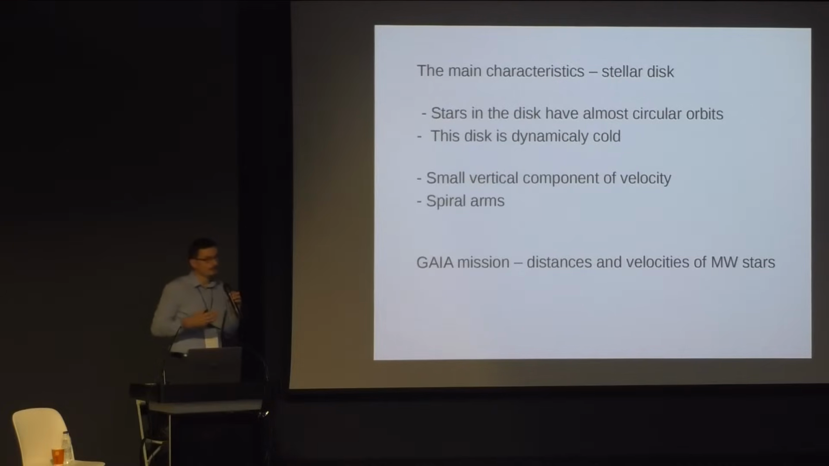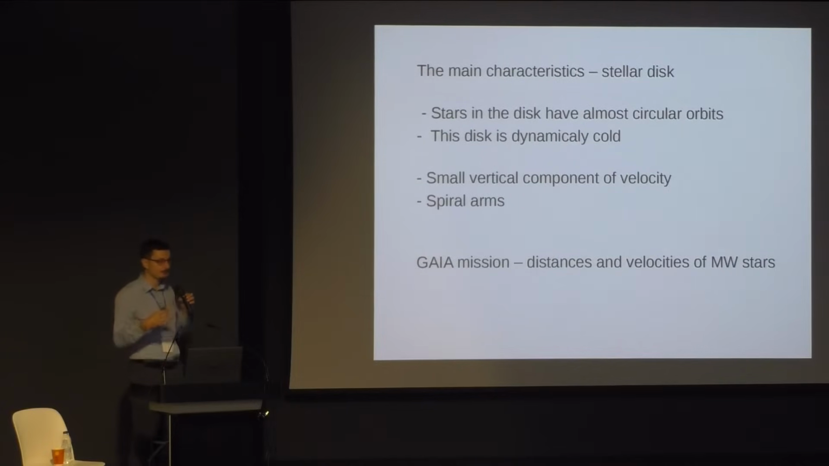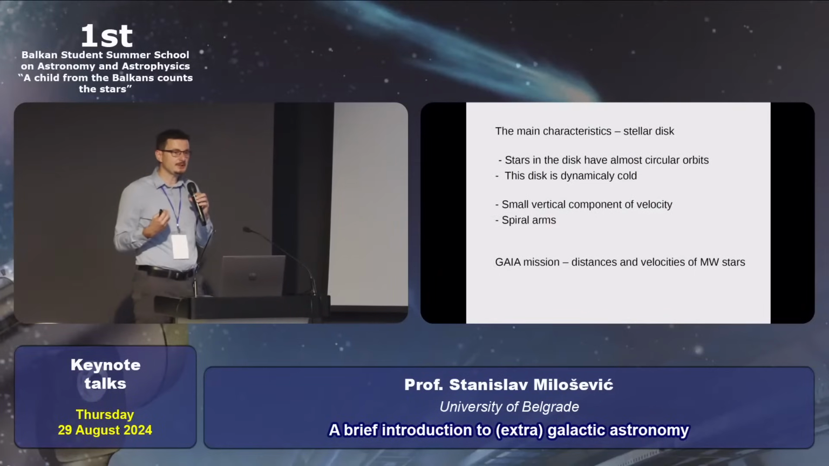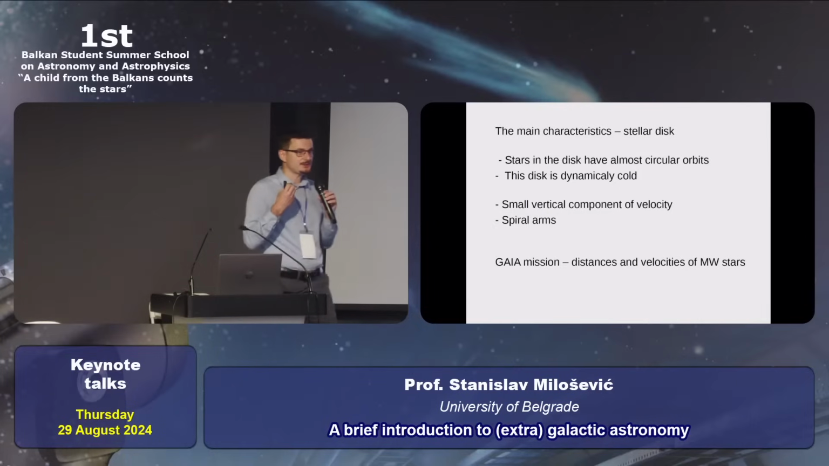And we also have a small vertical component of the velocity. So all stars are more or less moving in the same plane around the galactic center, and we have those spiral arms that are formed in the galactic disk. A few years ago, we launched a new mission, the Gaia mission, and the main goal is to measure distances, velocities, and later metallicities of the stars in the Milky Way, a very large sample of stars. And why do we need to measure distances, velocities, and other observational properties of the stars in our galaxy